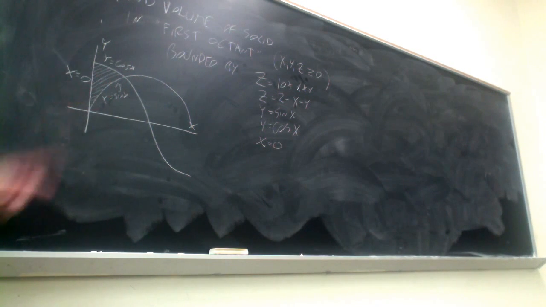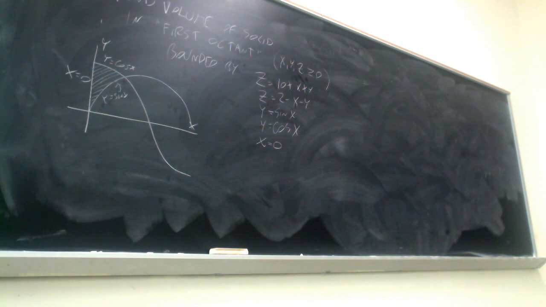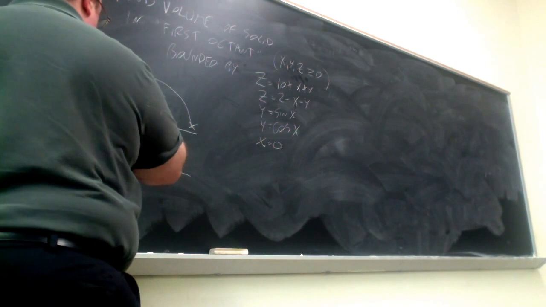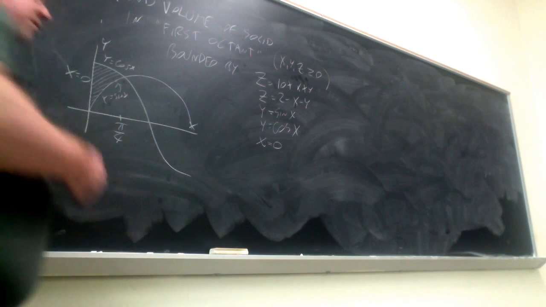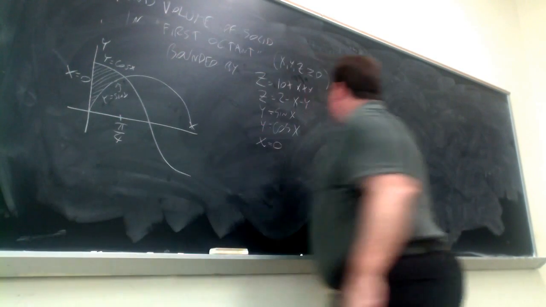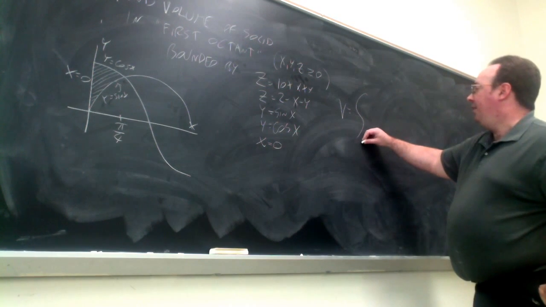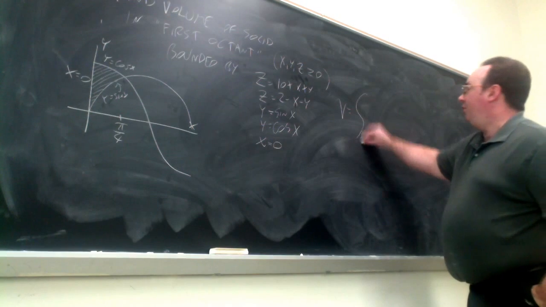Where do cosine and sine intersect? What's this point right here? Does anyone know? Remember from trig, pi over something, but not 2. Pi over 4? Yes, it is pi over 4. There they're both equal to square root of 2 over 2. Okay, so in fact, those would be your limits in x. So the volume, from the picture, we have going from 0 to pi over 4